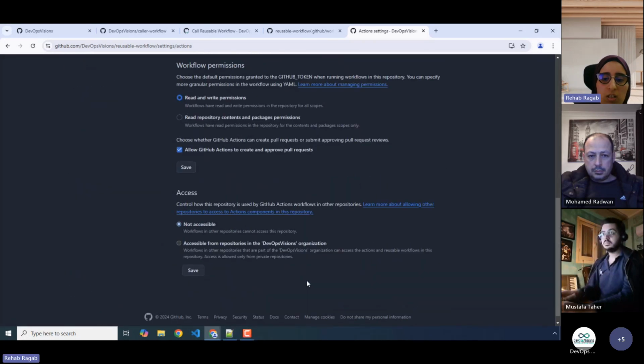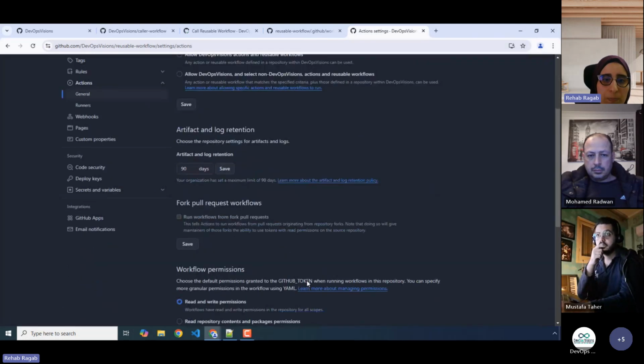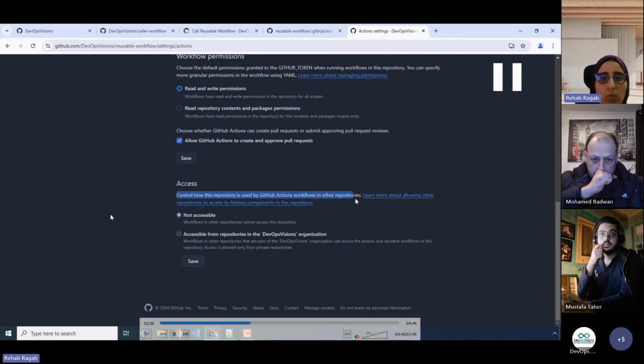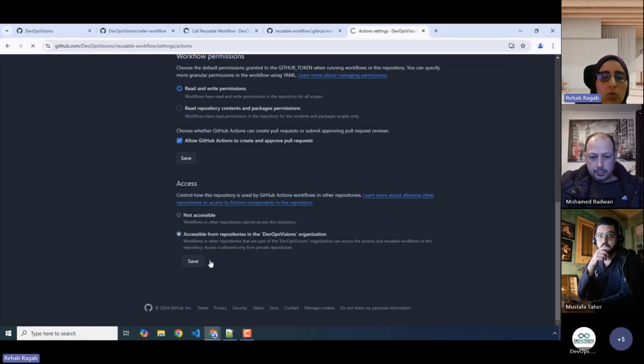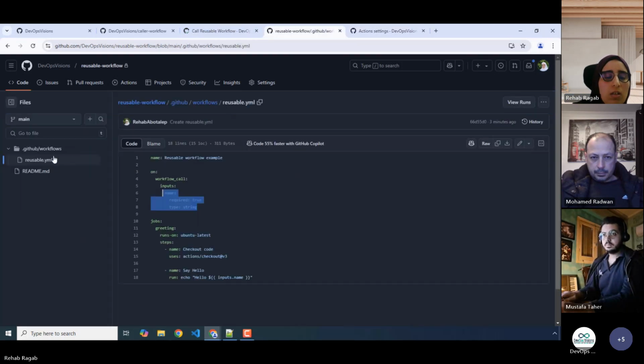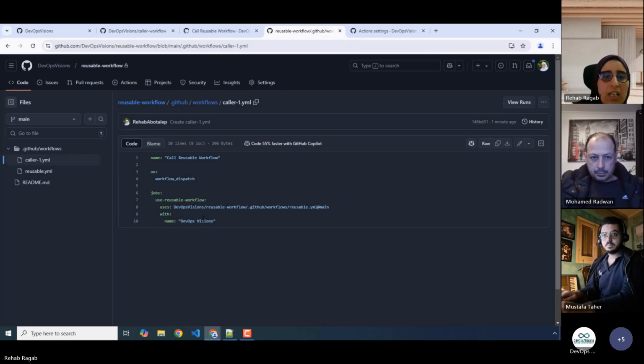So again, from settings, under actions, general, under controlling how this repository is used by GitHub Action workflows in other repositories, let's make it accessible from repositories in our organization. So this is the first caller GitHub Action workflow that called our reusable workflow.